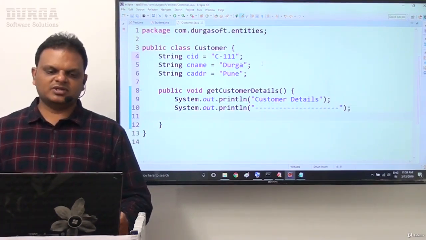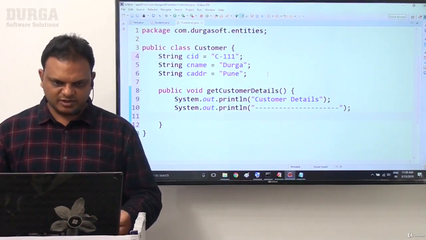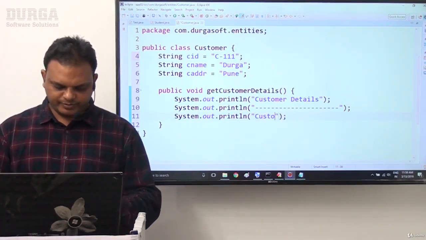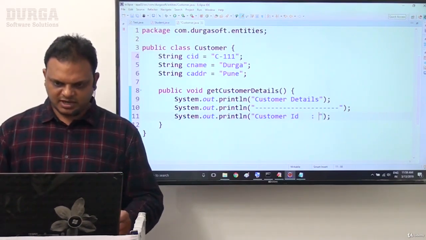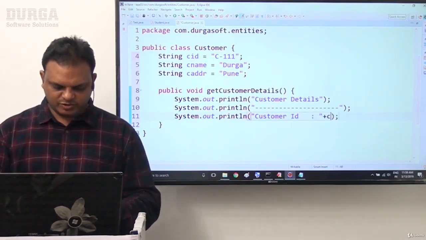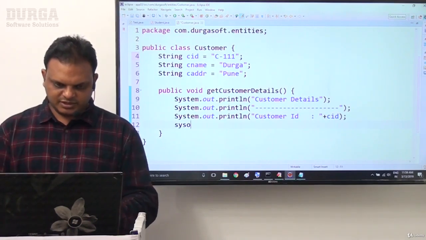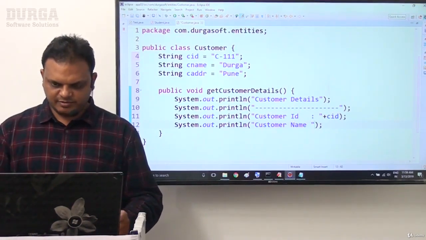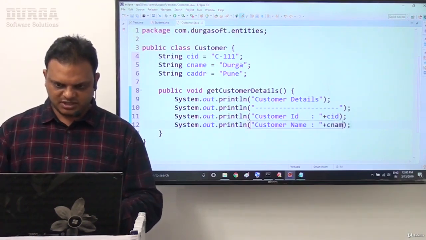Now I want to display the customer ID, customer name and customer address. System.out.println of customer ID plus CID. Next, System.out.println of customer name plus CNAME.